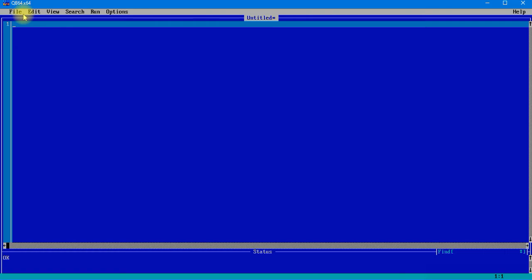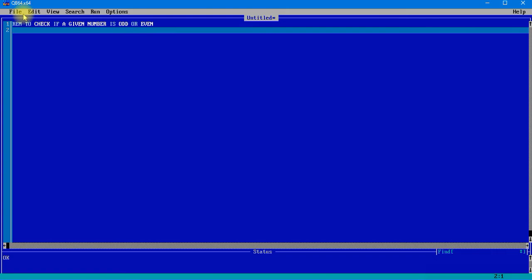Next we'll do one more program. We will write a program to check if a given number is odd or even. Okay, so we know that even numbers are divisible by 2 and odd numbers are not divisible by 2. So we'll use this simple mathematical thinking to do this program. We'll take input from the user, enter a number, num.